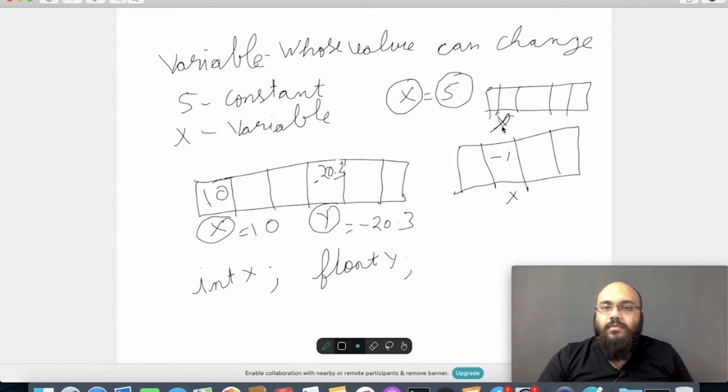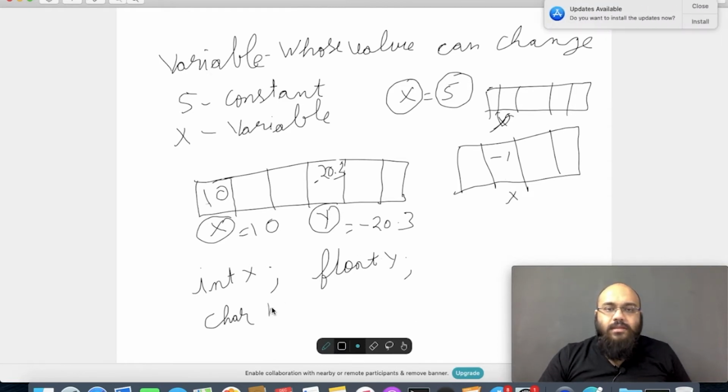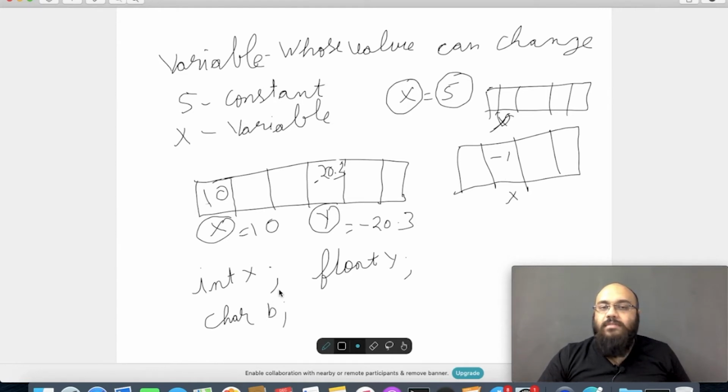If we want to store characters, the syntax is char b. So b is actually not the character, but the name of the memory location, and inside that location we can save anything like a or c.